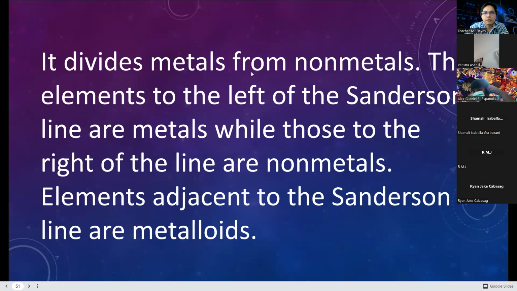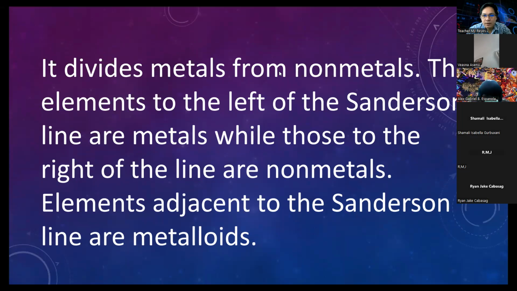Again, it divides metals from non-metals, or those with metallic property and non-metallic property. Elements adjacent to the Sanderson line are called metalloids. It has a metallic and a non-metallic property. It could act as a metal and it could act as a non-metal, just like your semiconductors, your capacitors in your